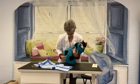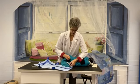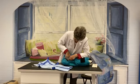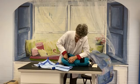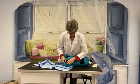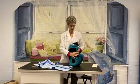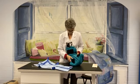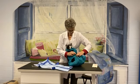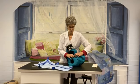When we can roll you laterally, and now we can undo this flap. Where's your leg? Here it is. We can pull his little leg out. Yep, we can pull his leg out for that. For an ultrasound, he could be positioned like so. And we can undo this flap here to be down on his abdomen for cystocentesis or for